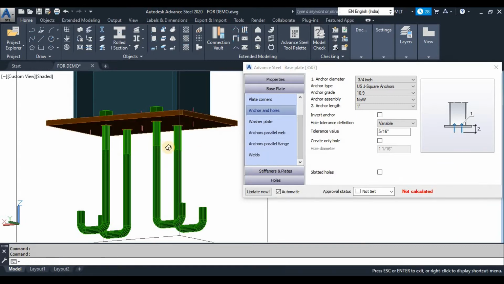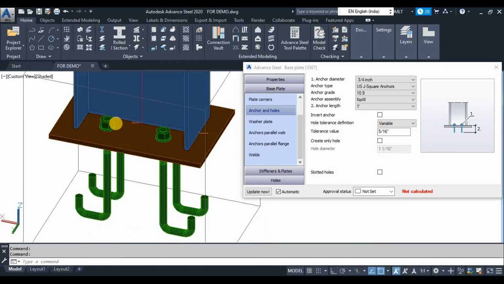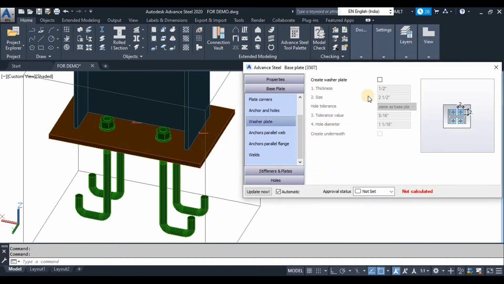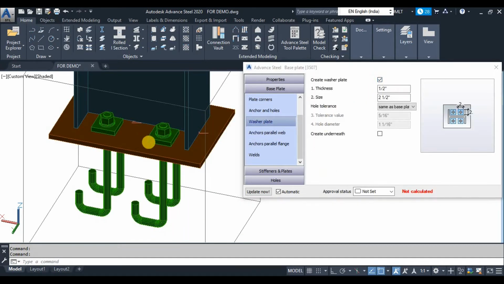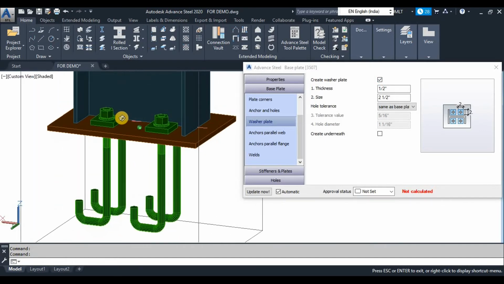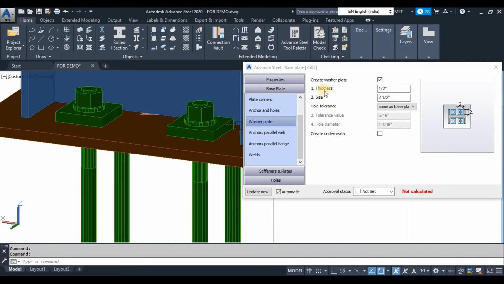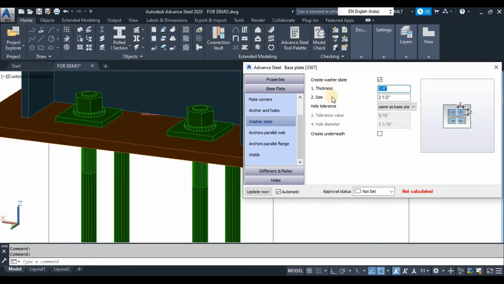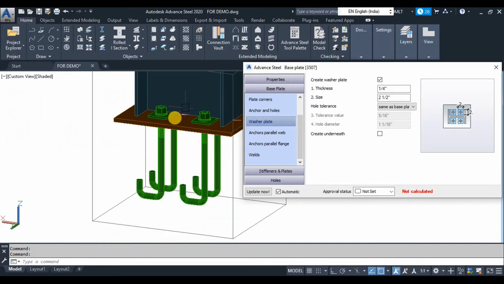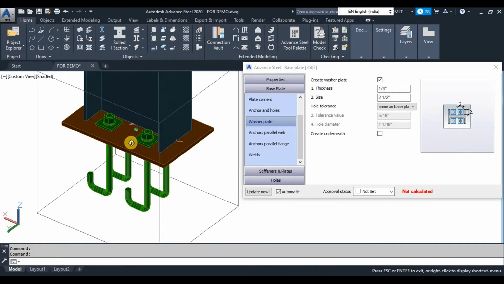Then next we will see the washer plates. How can we add washer plates over here? Just click on add washer plates. By default it will also raise the height of the bolts according to the washer plates. Let's assume the washer plate thickness is 1/4 here, 0.25 inch. After adding that, see how if we remove this, the washer goes flat with the base plate, and when I add the washer plate, it will automatically raise the height of the bolt. So this is how the washer plate can be added.